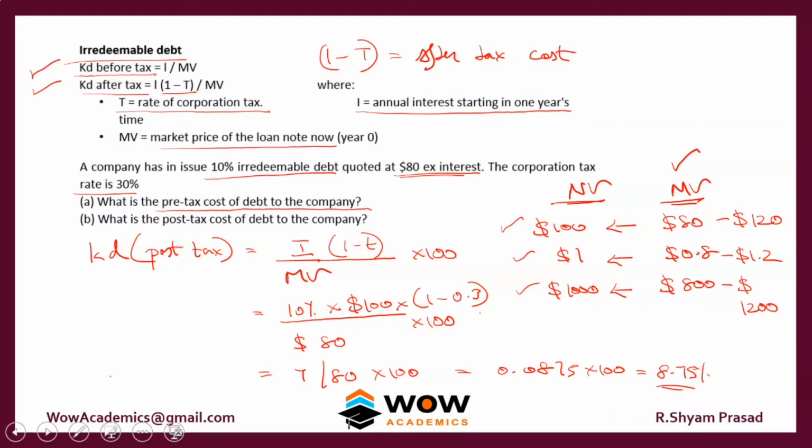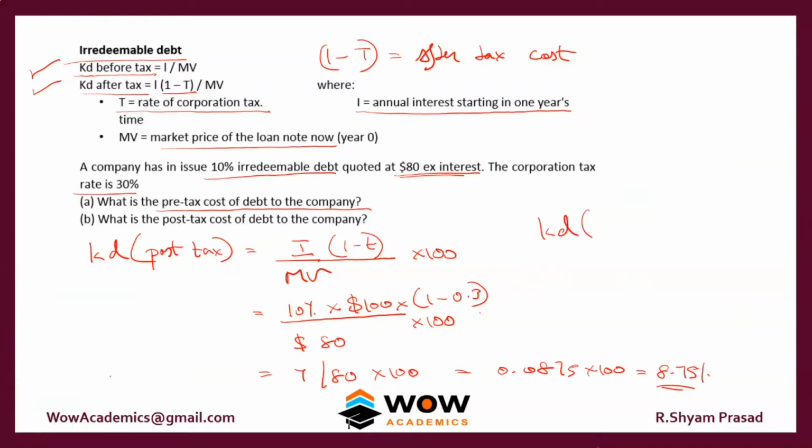So we'll just have another discussion. We had KD pre-tax return, I think the answer was 12.5%. The pre-tax will always be high when compared to the post-tax, because there is a tax benefit here. So that's why we got the number. So that's about the problem here. We'll move on to the next one.